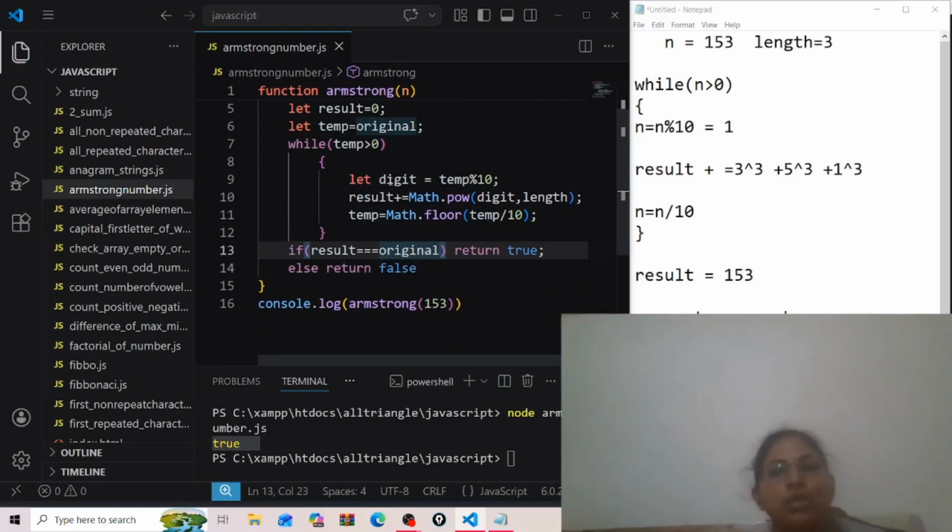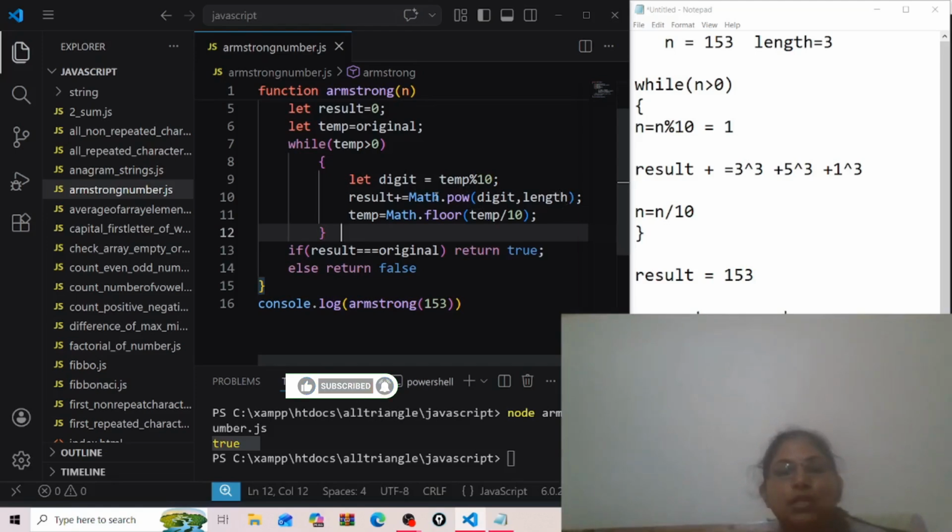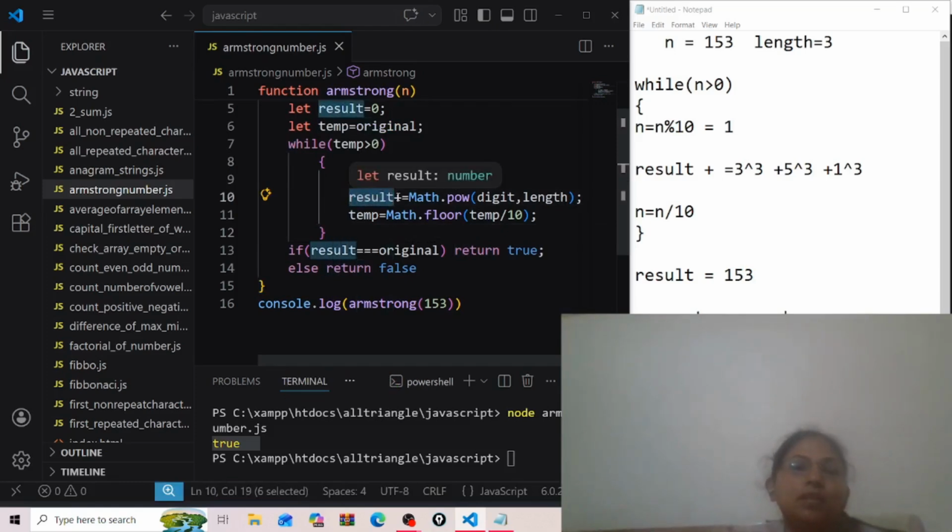Understand? Now see what we did here. We extracted the last digit from our number. Then we found the power of that extracted digit to the length of the number, and we keep adding it to the result variable.